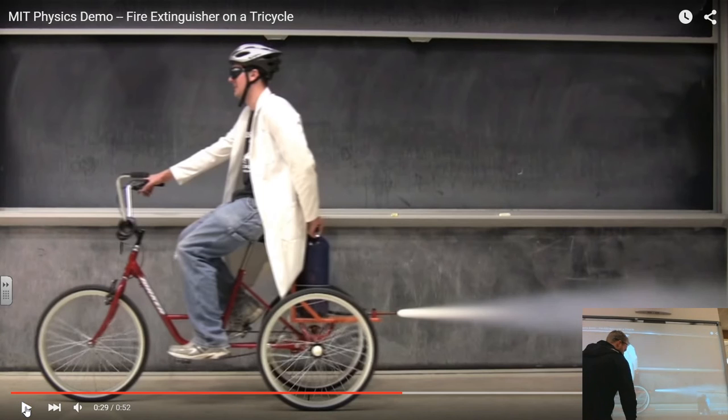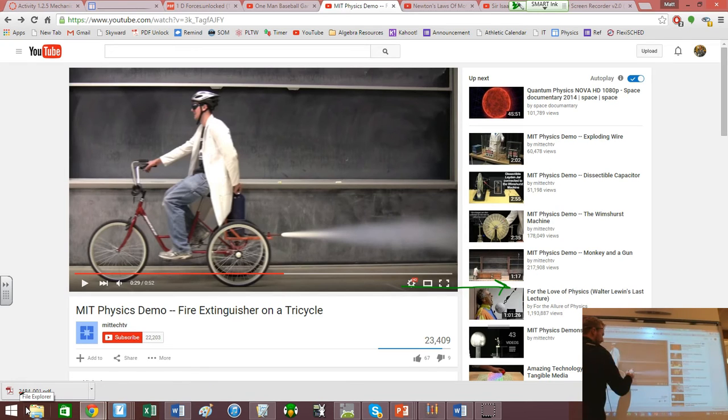There's a force acting on this. They're pushing some material this way with some force, and there's an equal and opposite reaction force pushing it the other way. And this force is actually what accelerates him. So the forces are the same,